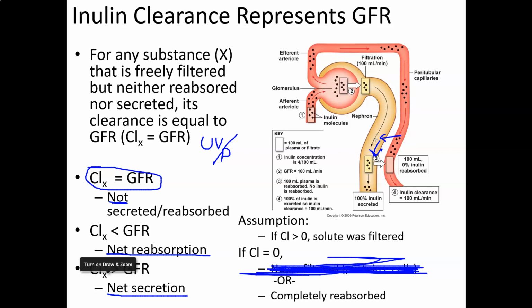If the clearance was less than GFR, it means we had net reabsorption and the material was being reabsorbed in the body. As an example, glucose has a clearance of 0 under normal circumstances because we would expect that all of the glucose will be reabsorbed as it moves through the proximal convoluted tubule. Remember that glucose is reabsorbed by protein transporters, and the glucose has a transport maximum of about 275 milligrams per deciliter. So once the